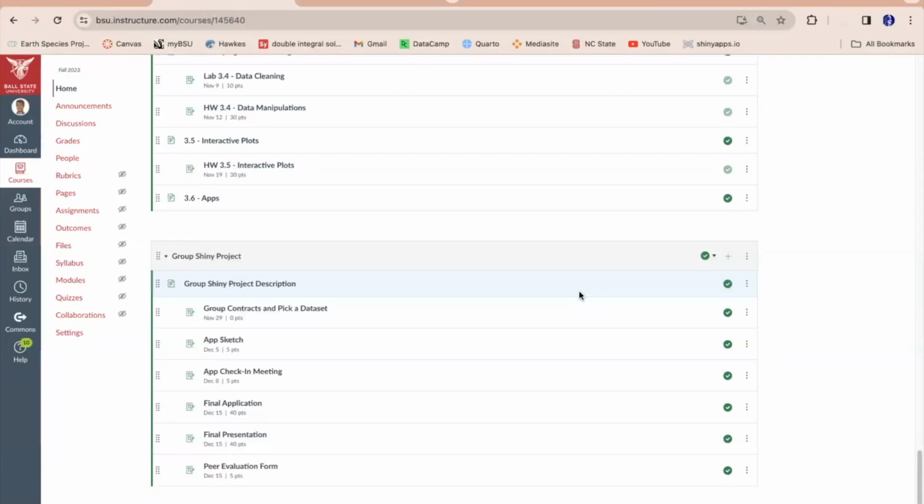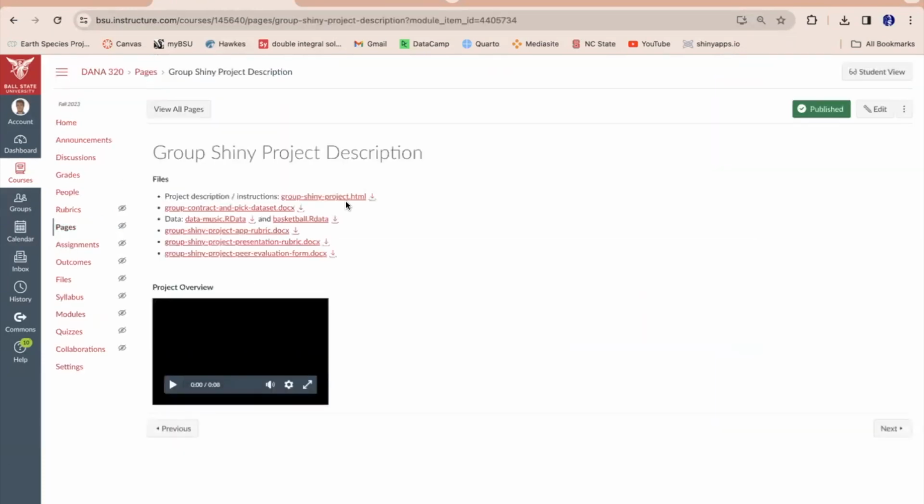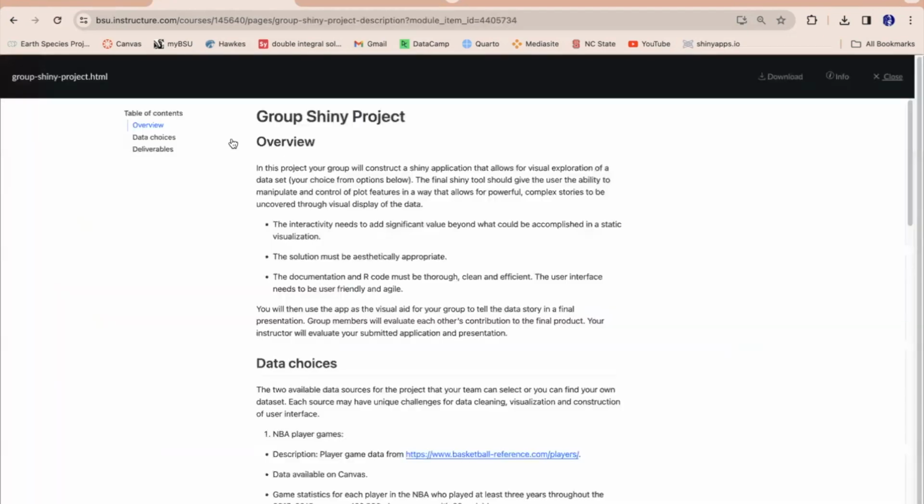Let's go ahead and jump into an overview of the project so that you know what to do and when. So going to the bottom of Canvas here, we are at the group Shiny project, and all the information that you need is contained in the group Shiny project description, and specifically the group Shiny project HTML file. So if you click on that guy, and I'd recommend downloading that to have that for your records,